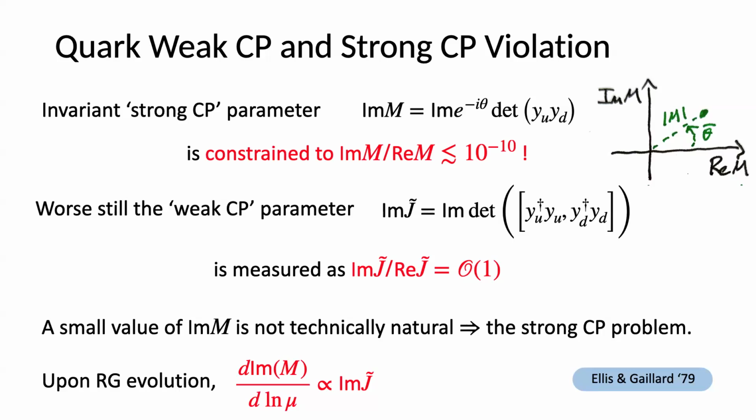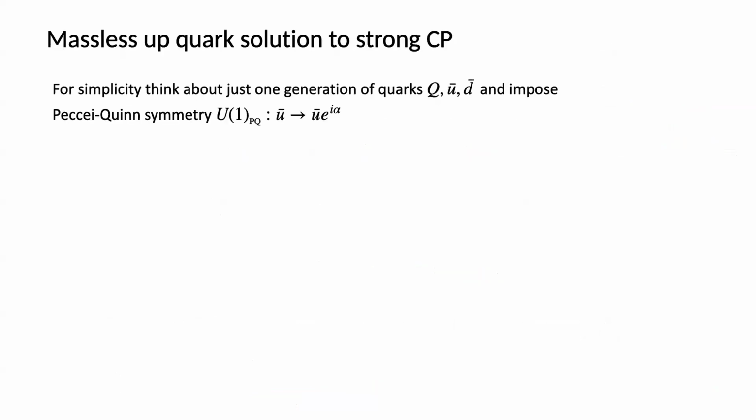while a small neutrino Yukawa is always an issue, at least they were technically natural, always, in the standard model. But this strong CP problem is not even technically natural. So it's a more severe sort of problem. And let me remind you that there was this one particularly beautiful idea for solving the strong CP problem that could have worked in the standard model itself.